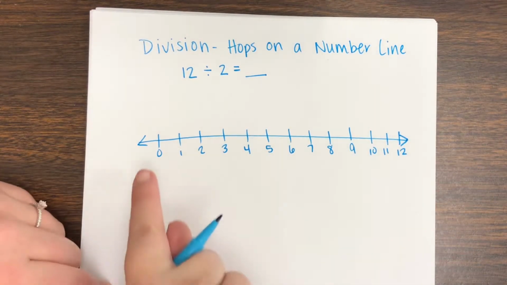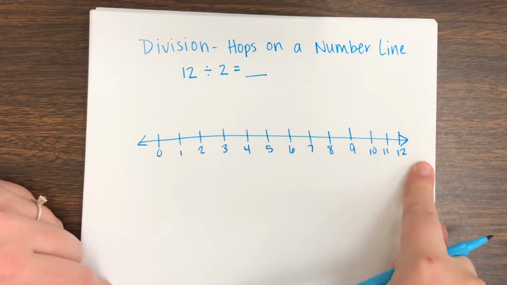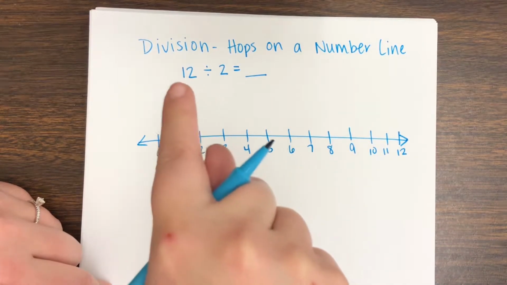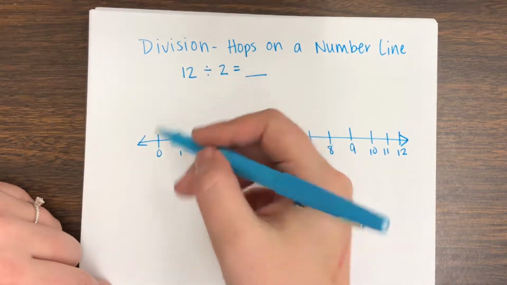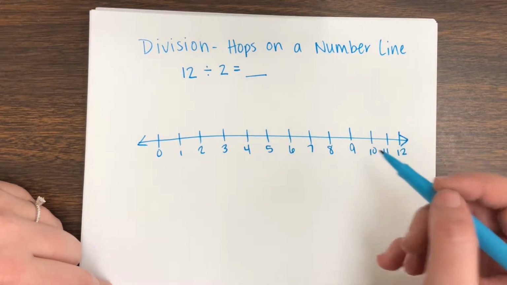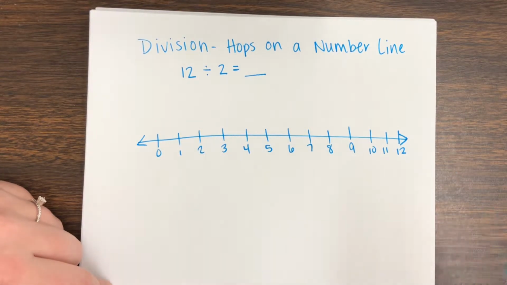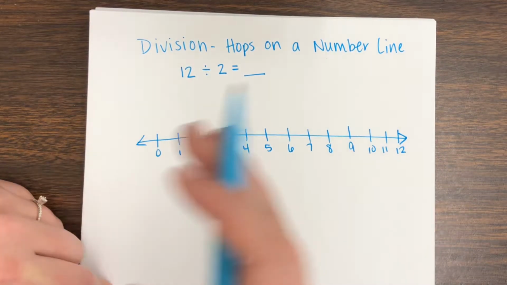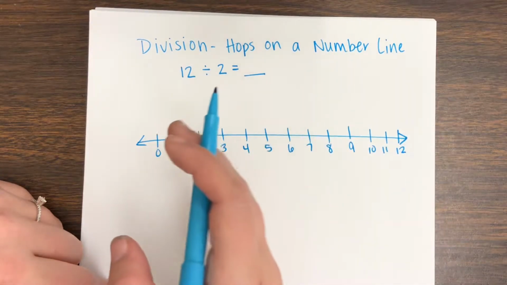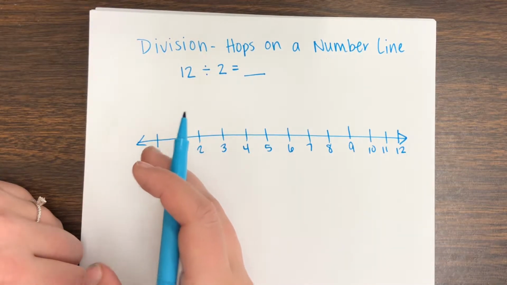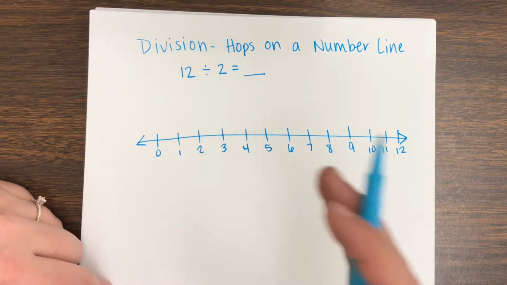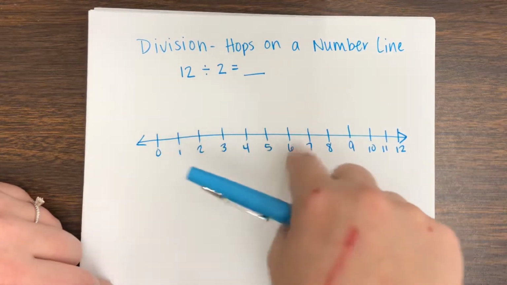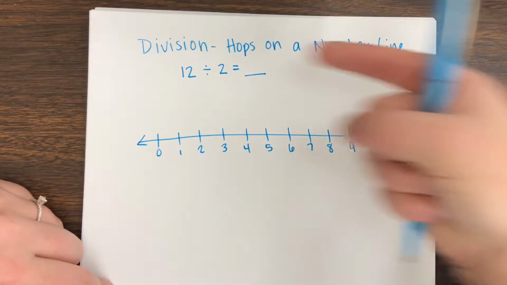So we have been using the hops on a number line strategy to solve multiplication problems. When we do that, we start at 0 and we hop up the number line until we get to the answer, okay? Today, since division is the opposite of multiplication, we're going to be doing this in an opposite way. Just like instead of doing repeated addition, we're doing repeated subtraction for division. We're getting smaller. So instead of hopping up the number line, we're actually gonna be hopping down the number line